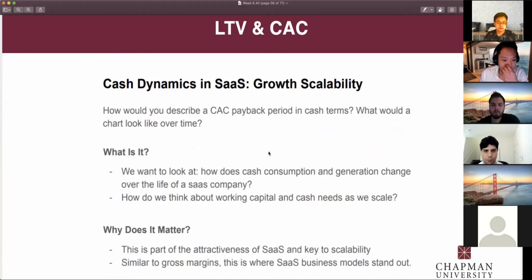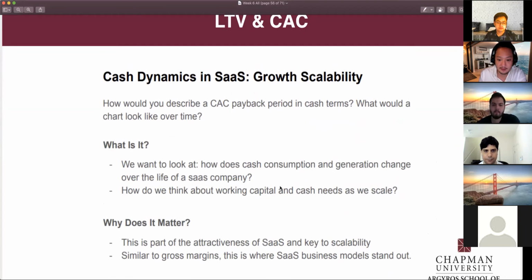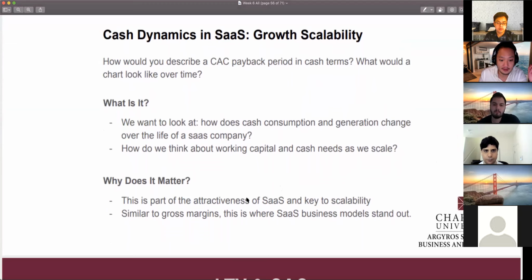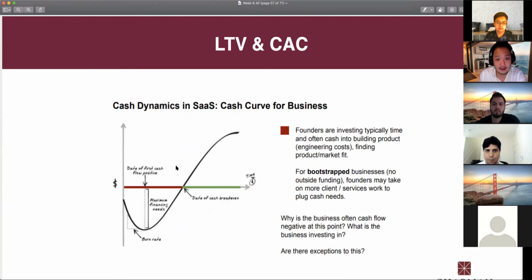So, why is this important? We want to understand how cash is consumed over time, and how much change there is, how much working capital is needed, how much cash is needed as you scale. And it's very important to understand at what stage your company is in this life cycle. And going back to some of the exercise that we did, you can also bake in your assumptions on TAM, SAM, and SOM to really understand how far they're at.